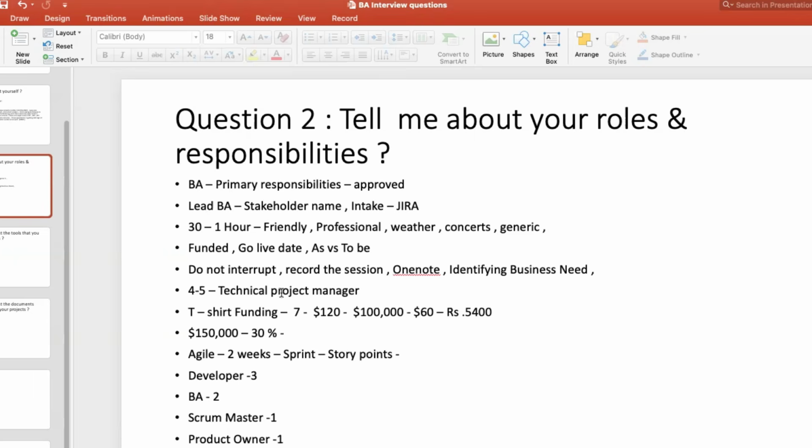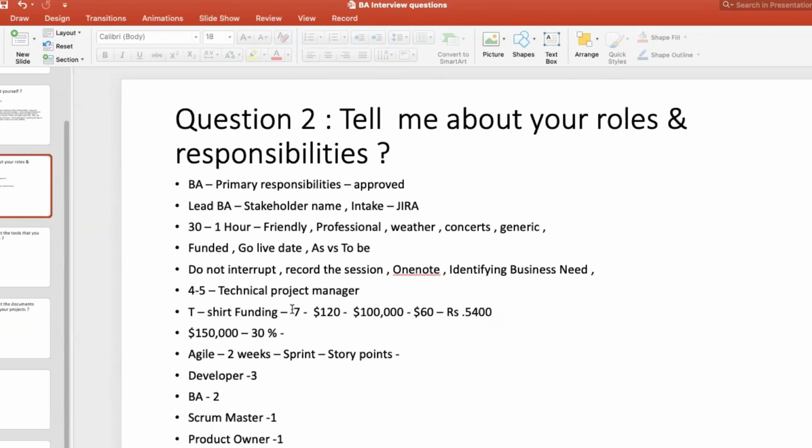So you should never feel shy about charging high as a lead BA, because I have to take care of my developer. I cannot lose him. He has enough knowledge. And as a team, we should be understanding, because business owners can ask you so many questions on why we are charging so much, what is the business need, and say, I don't think this needs this much money, my leadership won't approve. So that's where the lead BA skills will come in, right?